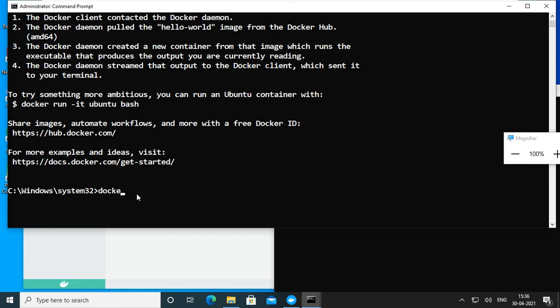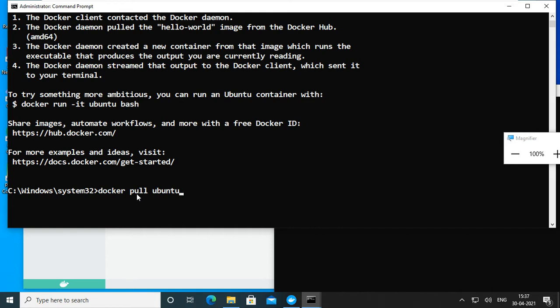But I'm not going to do that one. I will do it, but wait. Just docker run. No, no, no. docker pull ubuntu. I didn't say what version it is. I just try to download only Ubuntu.